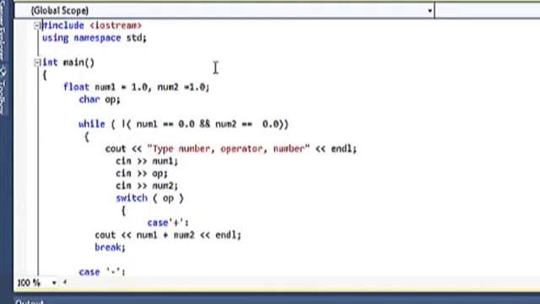So we have initialized float num1 is equal to 1.0, num2 is equal to 1.0. I have given some default values, and character operator,